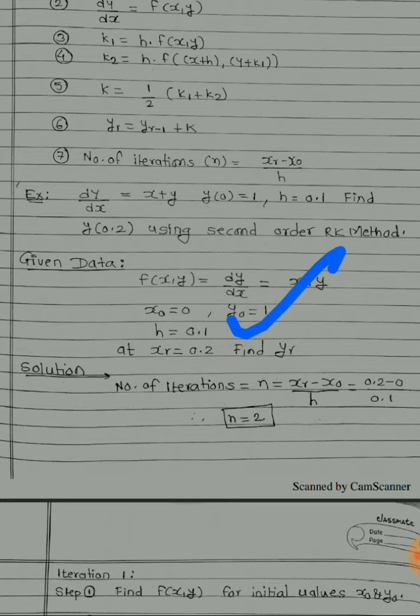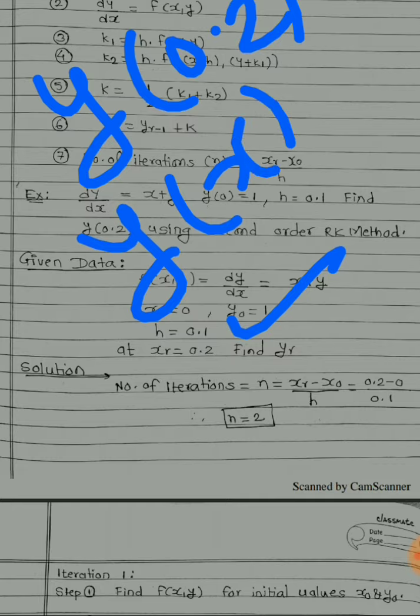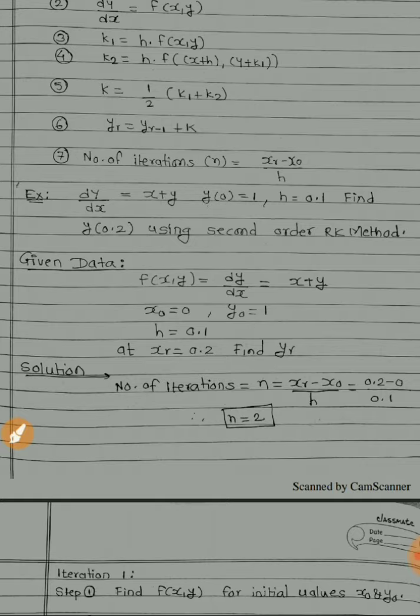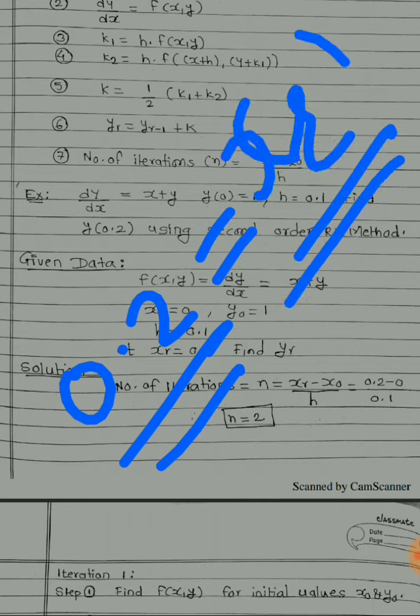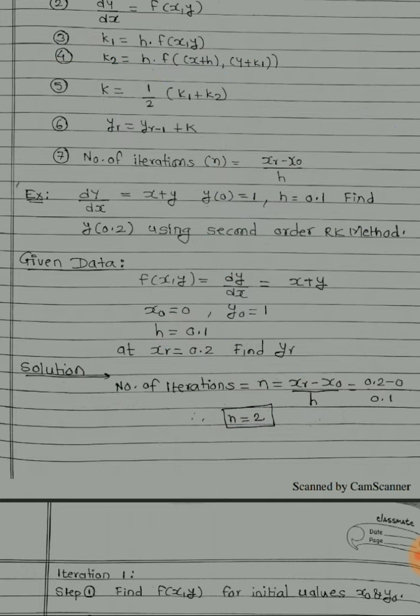Moreover, one more condition is given, that is y of 0.2 we are supposed to find out. So it means y of x, the meaning is simple. When x value is 0.2, we are supposed to find out the value of y. That's the meaning of this statement. When x is equal to 0.2, this value we are considering as xr. When xr value is 0.2, we are supposed to find out yr by using the second order Runge Kutta method,